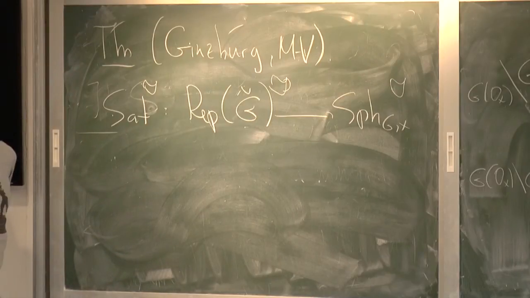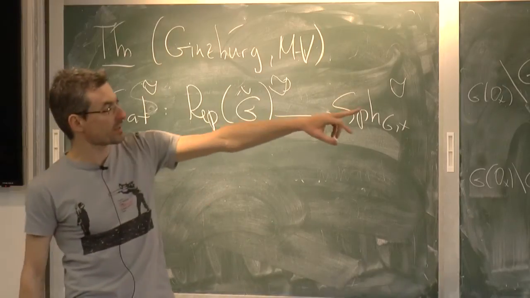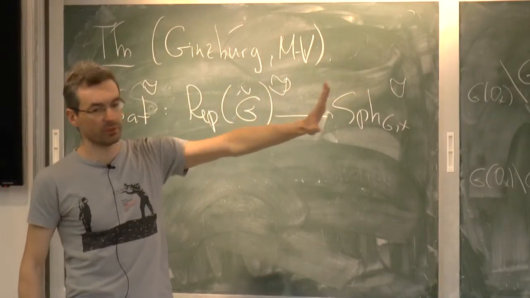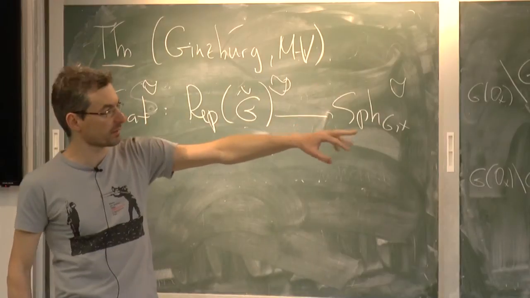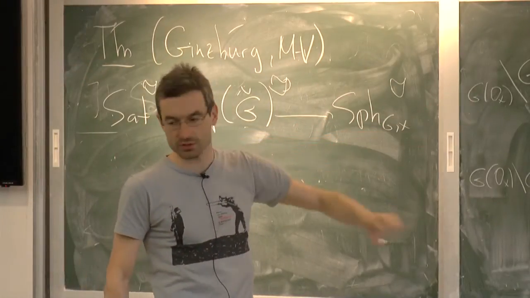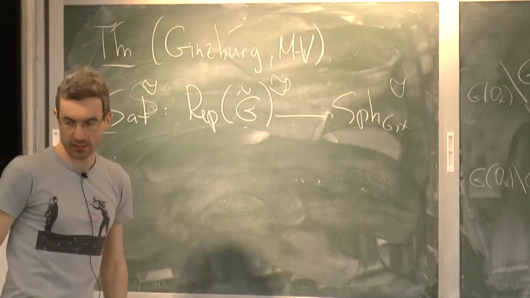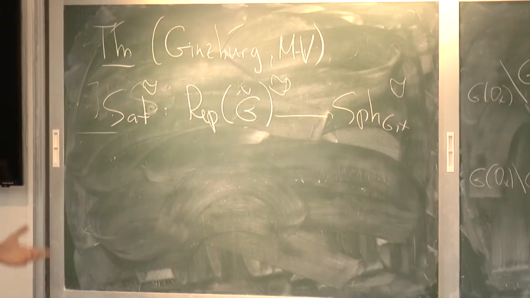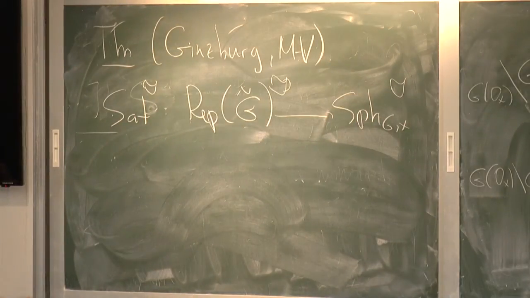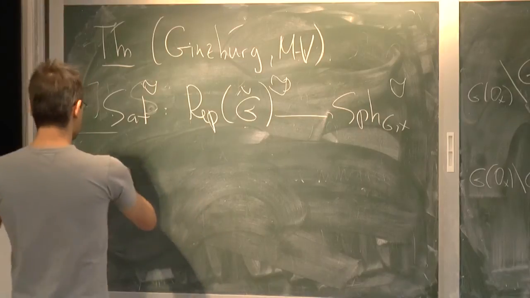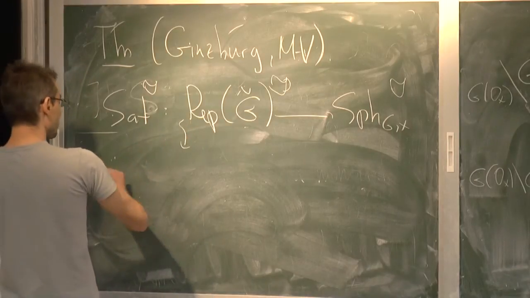What do you mean by heart? What is the T structure? I said that it has a unique T structure for which this functor oblivion is T exact. And then I said that there's a theorem that this T structure, the heart, is preserved by the monoidal operation. Okay, now, what I want to do is use this theorem to construct a functor